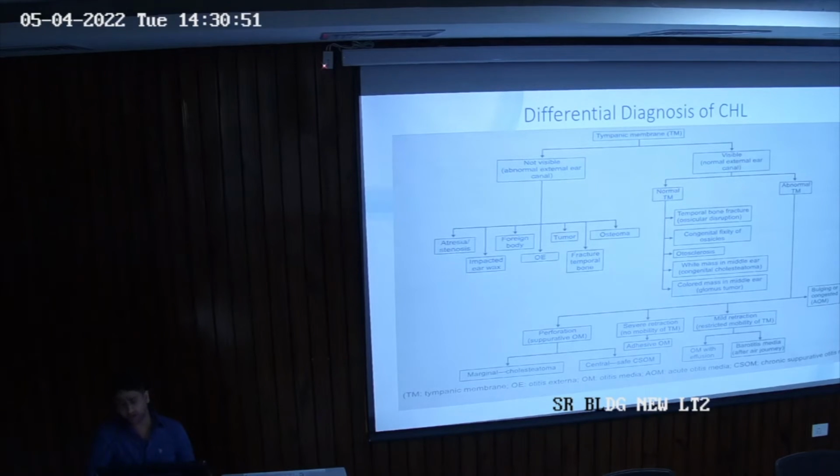And if there is mild retraction and restricted mobility of the tympanic membrane, it can be otitis media with effusion. You will definitely see some amount of clear fluid, water with air bubbles, behind the intact tympanic membrane. The patient will give a history of a preceding upper respiratory tract infection. And the other one is barotitis media. It occurs after an air journey.